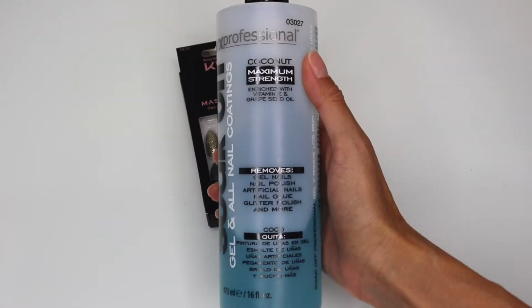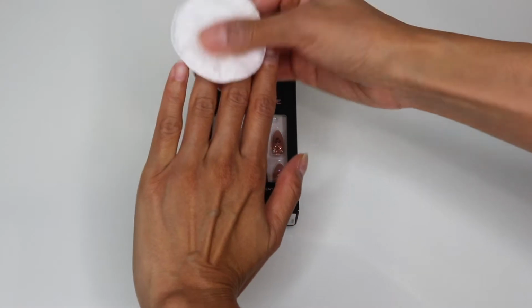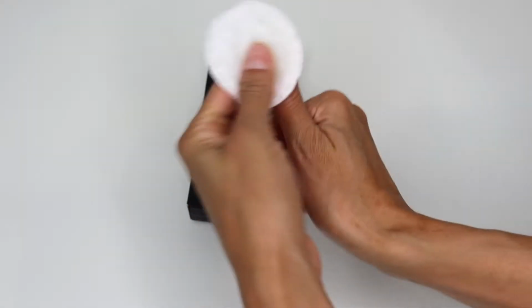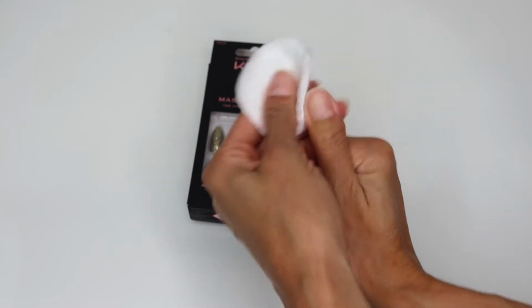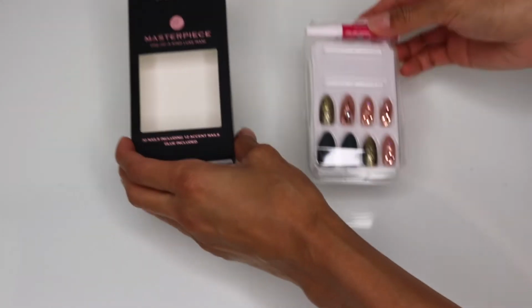So the first thing you want to do is to soak some nail acetone onto a cotton pad and use this to clean any excess oil from the surface of your nails. This is going to help so that the glue sticks a little bit better onto your nails. And I'm starting off with my nails completely clean. I already filed and shaped them and removed any excess cuticles so that they are just ready to apply the